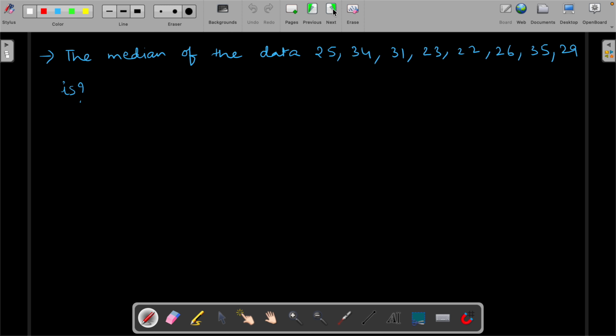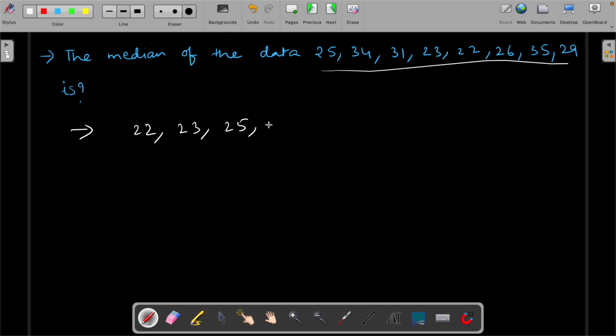This is the another TET question where they have given some data and we need to find the median of the data. How to find the median? First we need to write the sorted order of this. After writing the sorted order, we need to take the middle element. How many numbers we have? 1, 2, 3, 4, 5, 6, 7, 8. 8 numbers we have. So we will take the middle two elements and find out the mean of those two elements. So first let us write sorted order of the given elements, which is nothing but 22, 23,